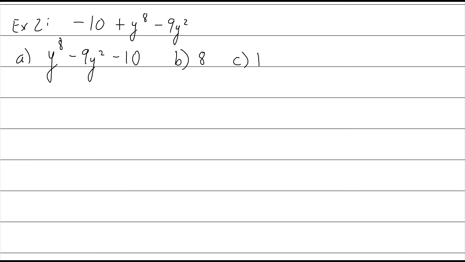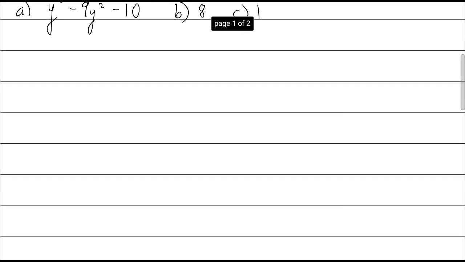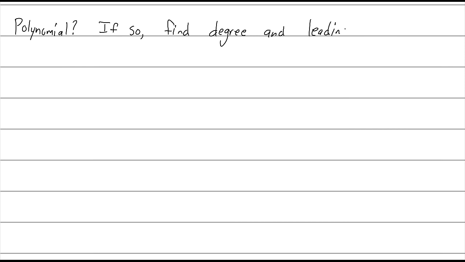Okay, so now we know what polynomials look like. Let's kind of take this to the next level, which would be for the next 5 examples or so. Identify whether or not the expression is a polynomial. Okay, polynomial. And if it is, let's find the degree and the leading coefficient. All right, so that's what we're going to do. So, example 3,